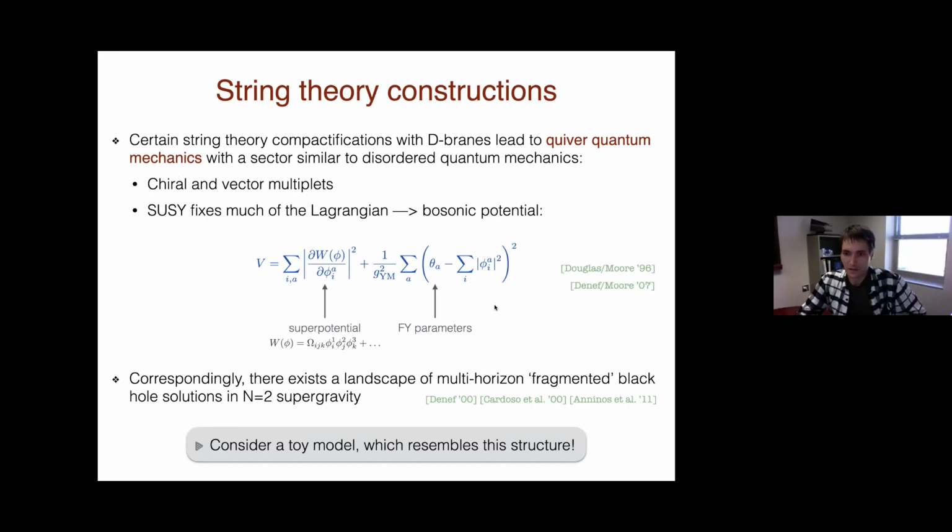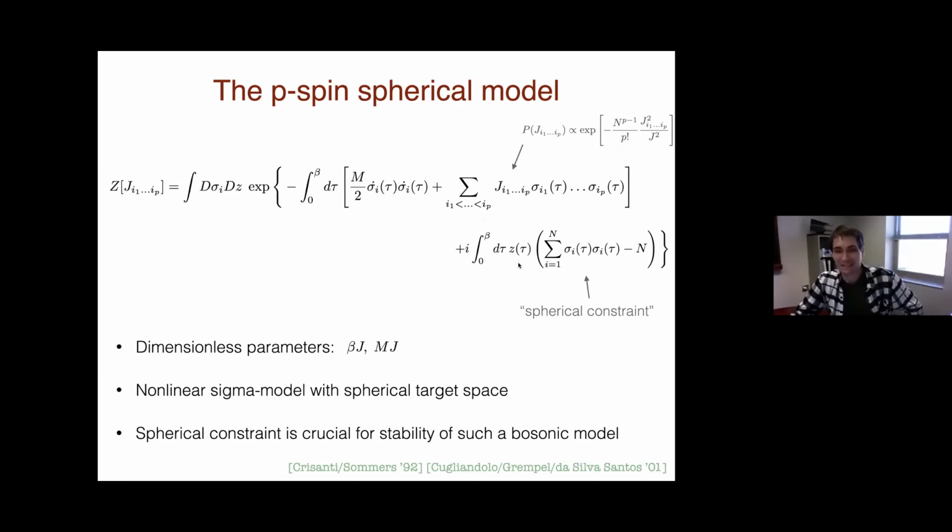Various string theory constructions motivate you to write down a different model, and that model is going to look like this. I'll just tell you what this other model is that we studied with Tarek earlier this year, and then I'll skip to one property of this model which I haven't discussed yet. So the degrees of freedom are now bosonic rotors. These sigma i's are bosonic spins that parameterize a high-dimensional sphere. So this is a spherical sigma model, and the fact that they live on a sphere is implemented by this spherical constraint, the sum of sigma i squared equals N,